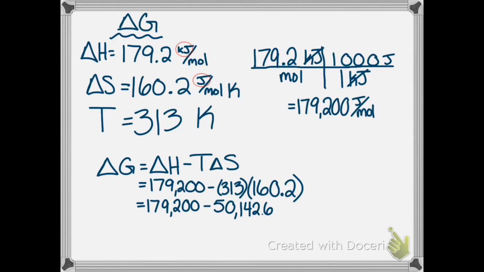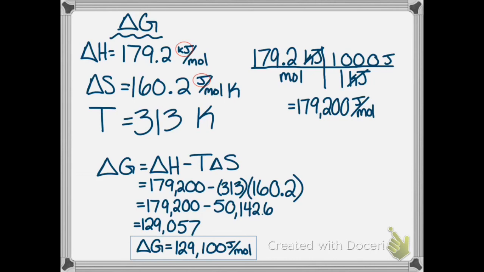Once we solve for our delta G, we should get a value of 129,057 joules per mole. Once we turn it into significant figures, because I know that's all of your favorite things to do, we should get a value of 129,100 joules per mole. If you wanted to convert that to kilojoules per mole, or if that's what you solved for, you should have gotten an answer of